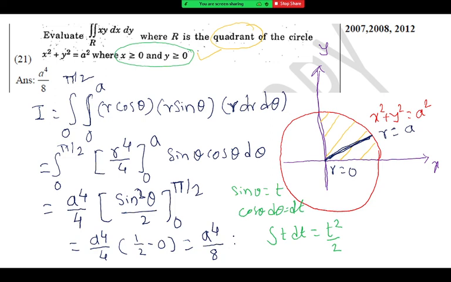That you can do only provided the integrand has some properties. You already know from 12th that you learned the integral from minus a to a of f(x) dx becomes 2 times the integral from 0 to a, provided f(x) is even. It is 0 if f(x) is odd. So that does not always happen. Because of that, you should be careful whether you write 2 times or 4 times there. If it is the entire circle, you should take the limit from minus to plus only: minus root a square minus x square to plus root a square minus x square. That should be your limit there.